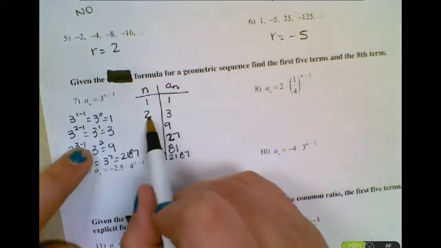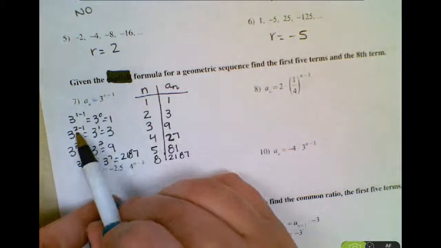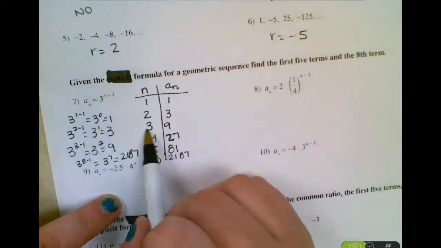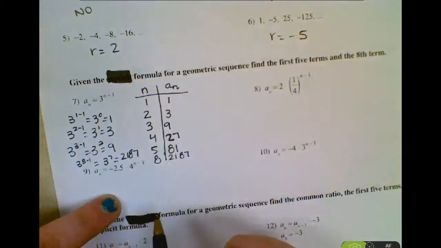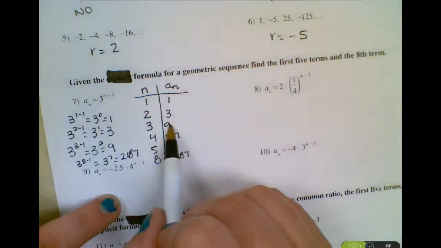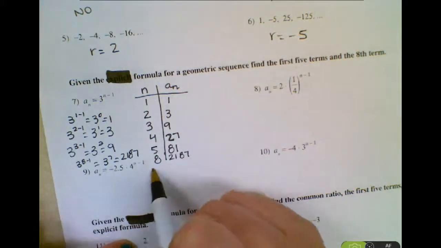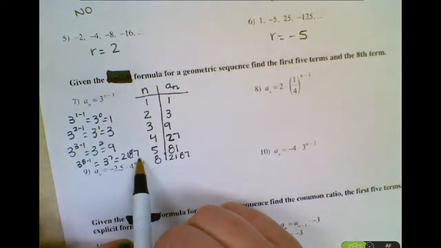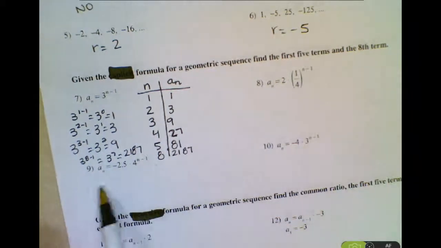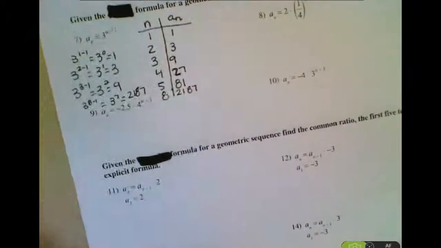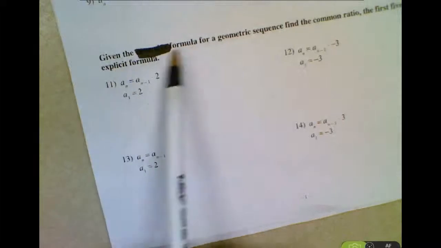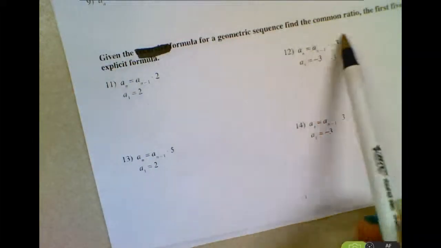My next one is 2. So 3 to the 2 minus 1 is like saying 3 to the first, which is 3. Same thing with the third. 3 to the 3 minus 1 is the same thing as saying 3 to the second, which is 9. So we get 9, and so on and so forth. We plug in 8. 8 minus 1 is 7. 3 to the 7th is 2,187. That's what you're going to do for all of these numbers down here. Okay? Then, going on to this part, we have given the formula for the geometric sequence, find the common ratio,